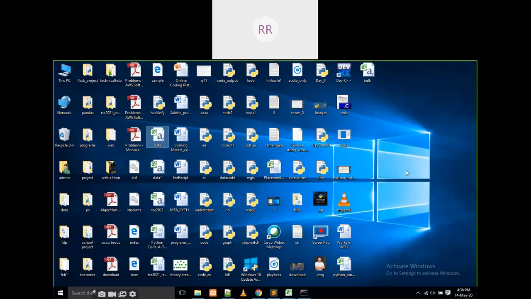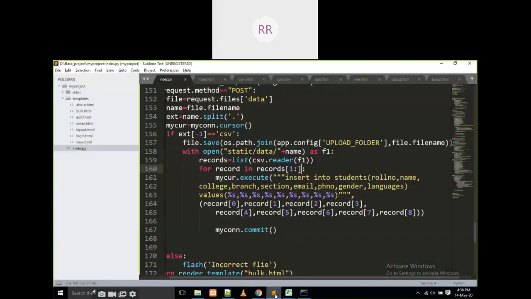If it is a wrong file also, the data is going to be entered into the database. While uploading the data into the database, we have to be very careful when we write. Yes. And one more thing: if the column count is not matched, then we have to stop it also. Okay.